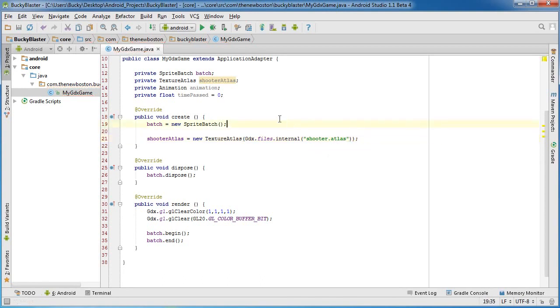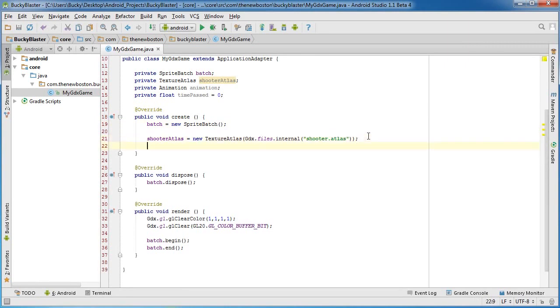Alright, looking good. So again, this is just saying in my files, look for a file called shooter.atlas, and that is the treasure that you're looking for. Simple enough. So now that we have a reference to the atlas, what we need to do is start making the animation. So set this equal to new